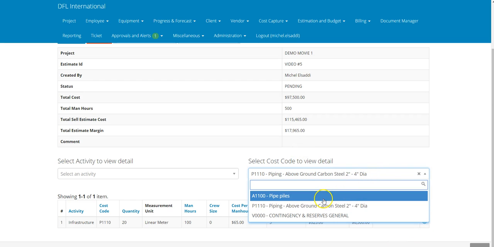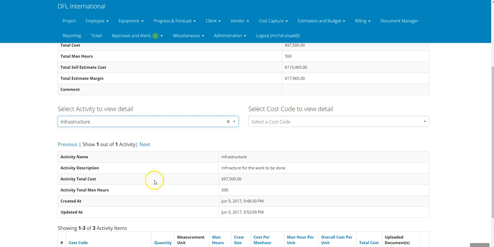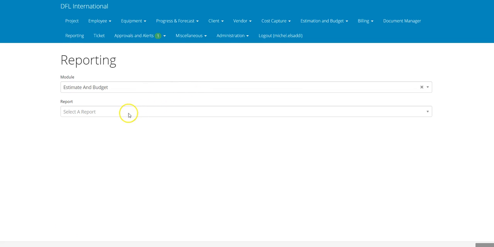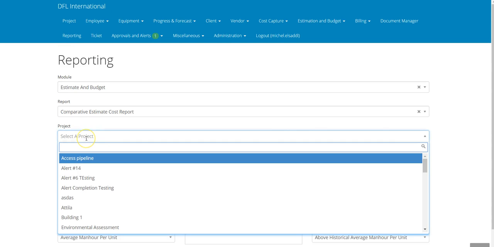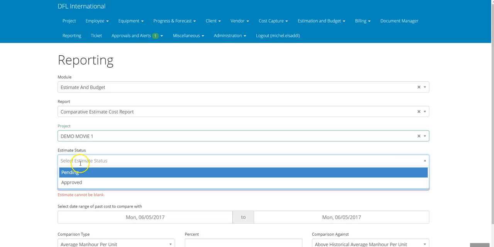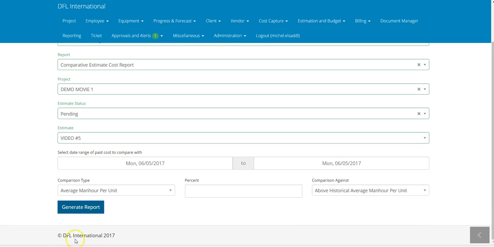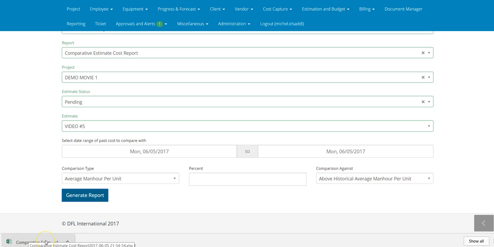Let's say the first cost code that we've done. I can also see the financial as an approval. I can click on that and see everything. I also can see estimate reports. So I click on review estimate reports, and then I can choose an estimate. Let's say comparative estimate report. And I'm going to choose the project, which is the demo movie project that we just did. It's pending approval, and I can generate the report, which gets downloaded. It's right here. I click on it,